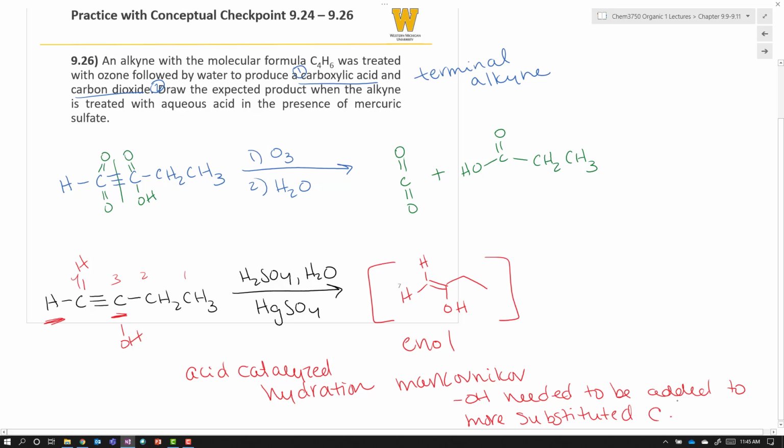And that's what we did here. So we added the OH to this carbon, which is more substituted. Get rid of those numbers here. And then we added our H to the less substituted carbon. So that is the regiospecificity of this reaction. But this immediately tautomerizes